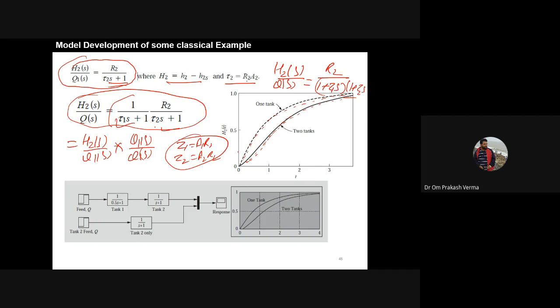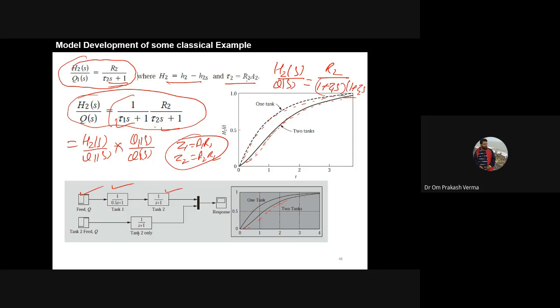Okay, so same you can say here the tank one or tank two. So both the tanks, that is the dynamic for the first system, the system just simulated on MATLAB. This is the feed step response that is given. Just to simulate it, you can obtain this two tank system.